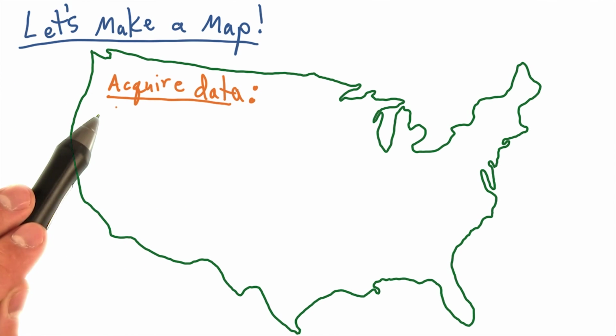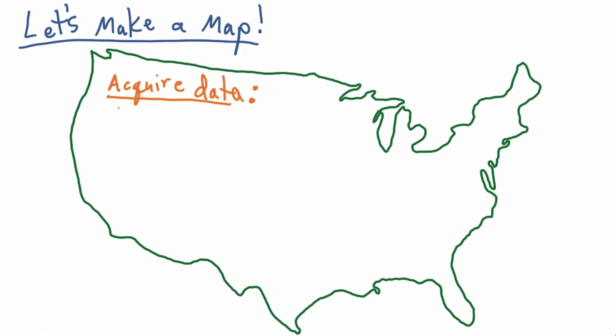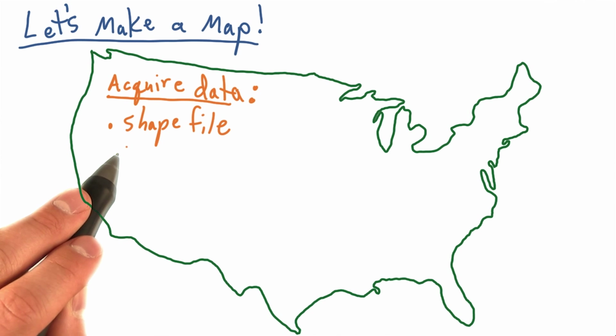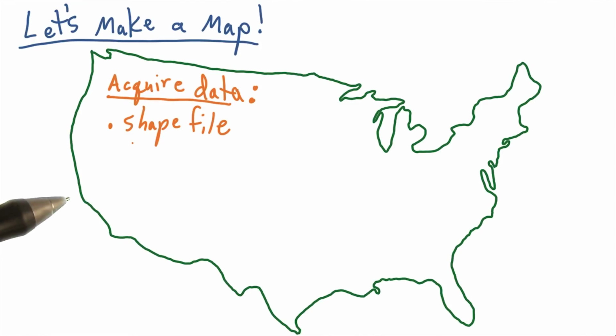The first step of which is to simply acquire data to draw the map, which we can then plot the data we already have, the attendance data for the World Cup. Historically, working with maps has been a bit cumbersome since the files you need to work with are usually large, complicated data formats, such as shapefiles or other proprietary formats. The reason being that shapefiles typically encode a lot of data when you think about it. If we wanted to draw a map of all the countries of the world, we would need exact boundaries of every country as a series of paths or coordinates.